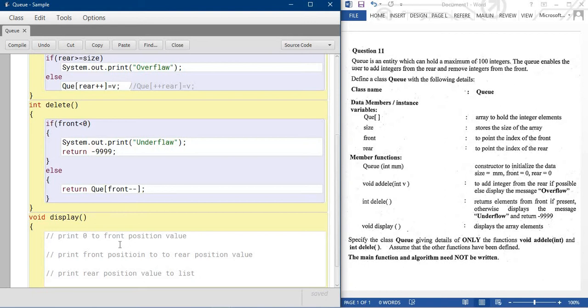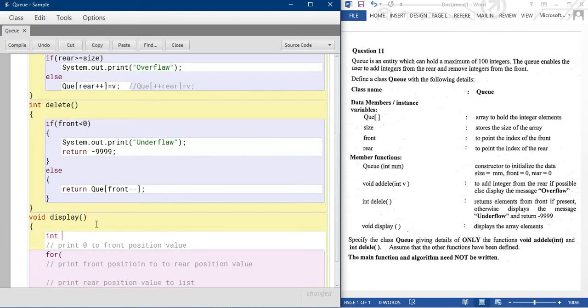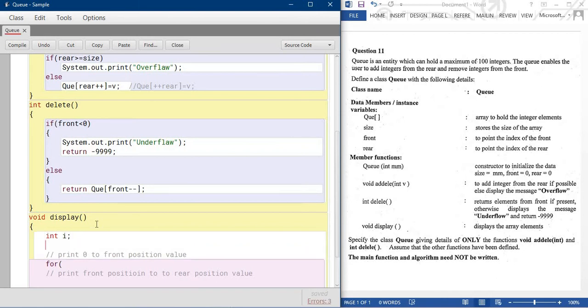So one by one I'm writing each and every for loop. So first write for, so I'm taking here beginning int I. Okay, I'm printing a message, system dot out dot print, for I is equal to 0, I less than front, I plus plus.